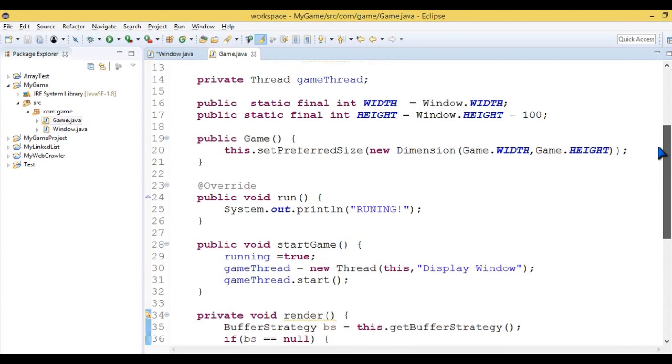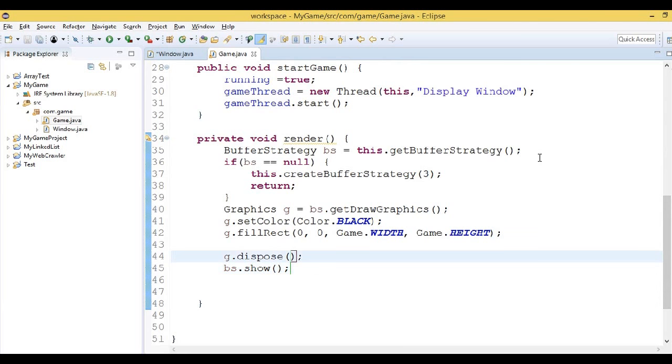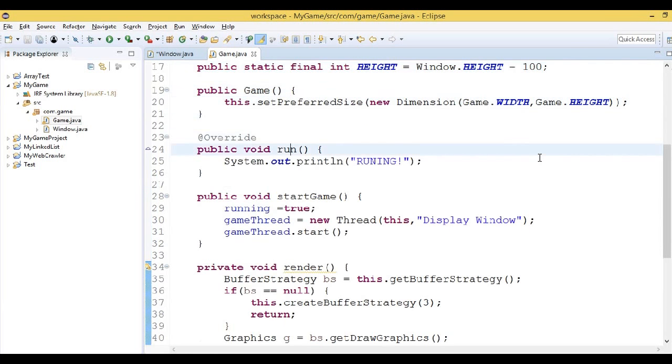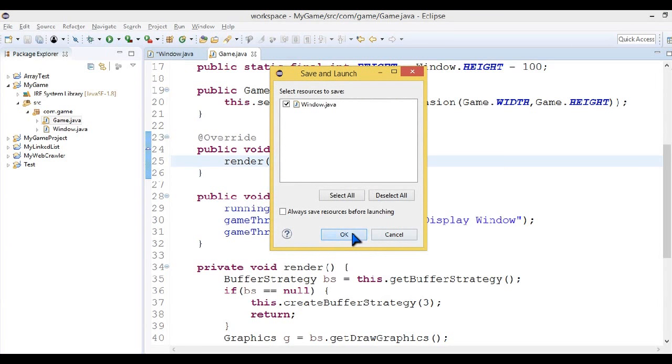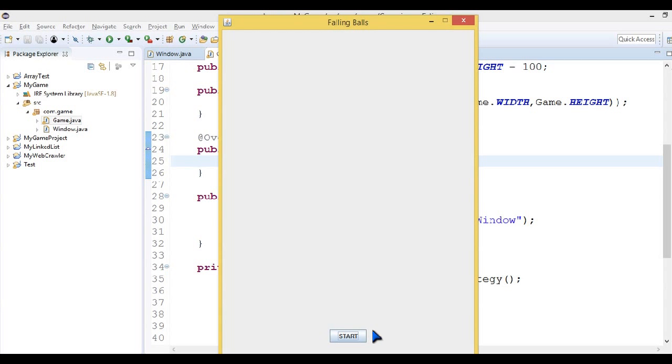So if we call in our run method, if we remove this statement, the warning, and instead render this buffer strategy, let's see what happens. Go, run. Oh, save, run. So now when we click,